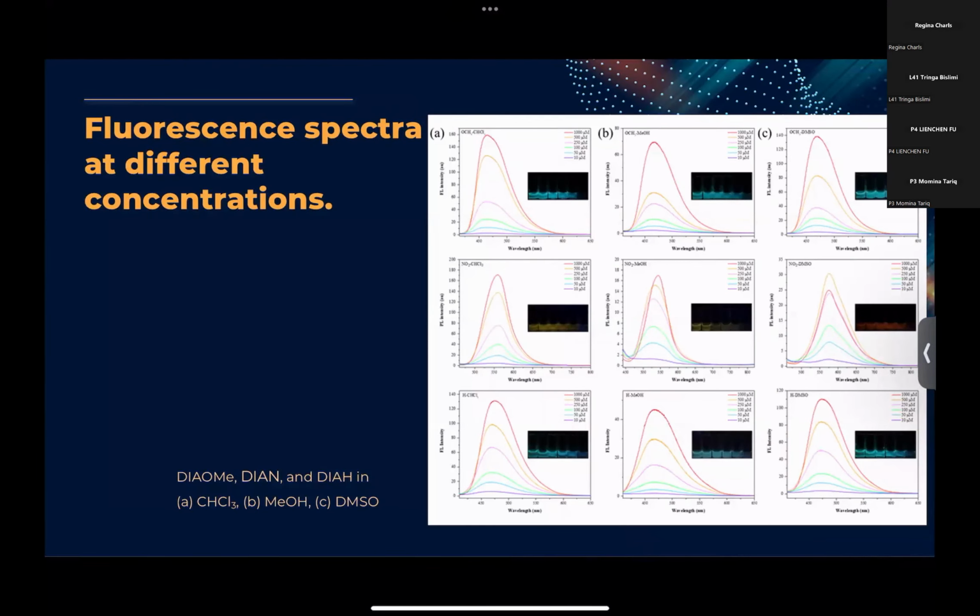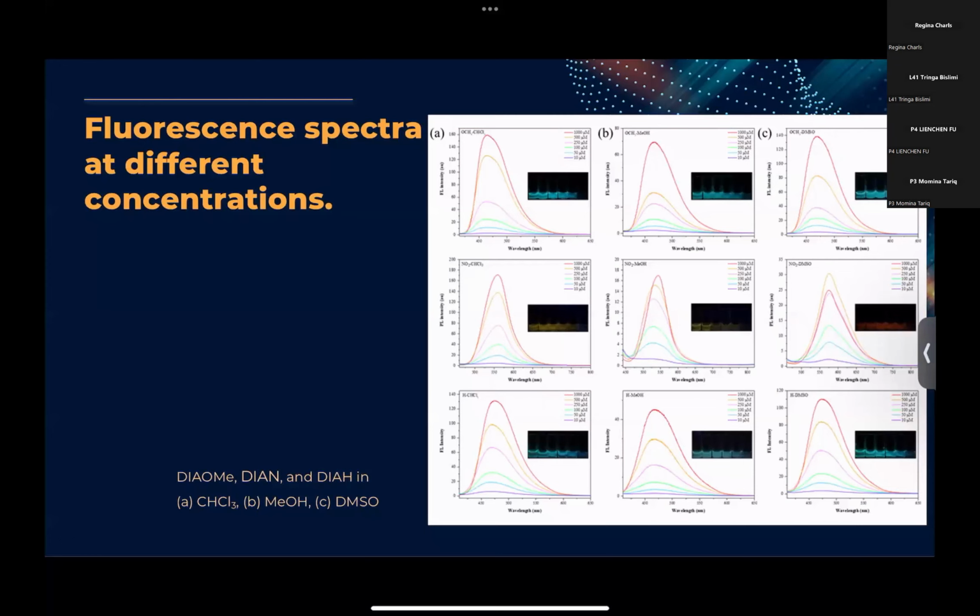And next in this figure, you can see three fluorescent molecules, each with distinctive substituents, were prepared as solutions at concentrations ranging from 1,000 micromolar to 10 micromolar, to explore the fluorescence phenomena across a broad concentration spectrum.